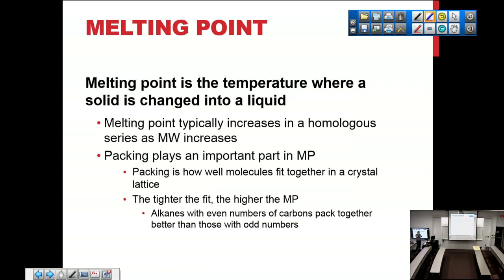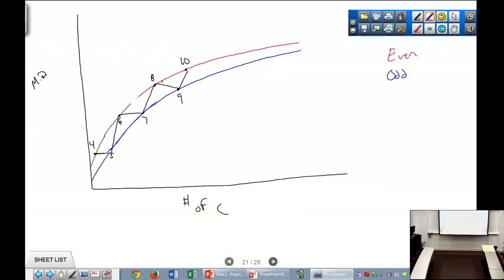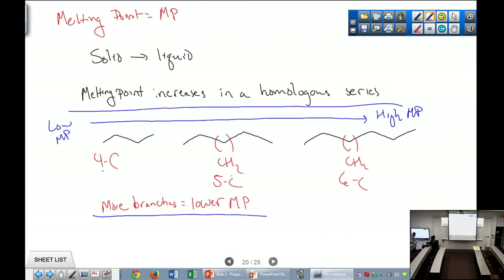So the tighter the fit, the higher the melting point, right? So as you put branches on your molecules, they don't fit together as well. Same basic premise as with the boiling point,